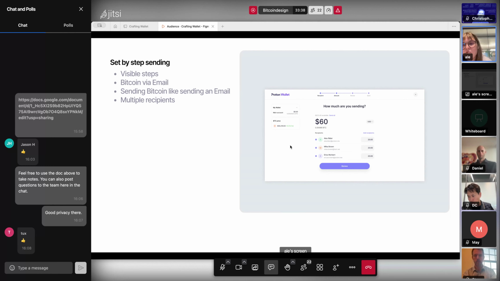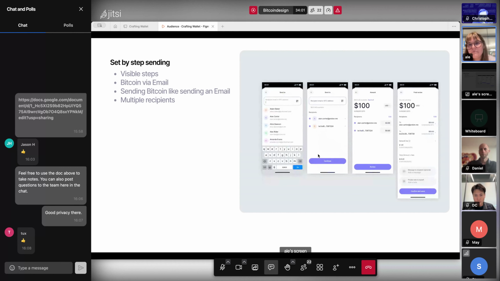We have the possibility to send to many recipients, and also, what is kind of amazing and revolutionary for us, is that you can use our Bitcoin via email setting. You can send Bitcoin like sending an email, just to an email address, instead of having to copy and paste a complex